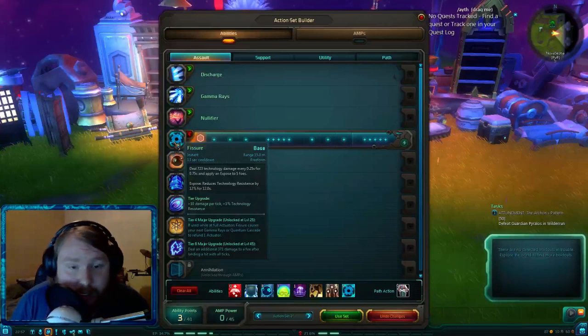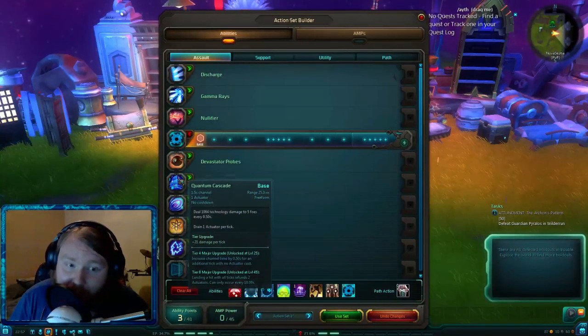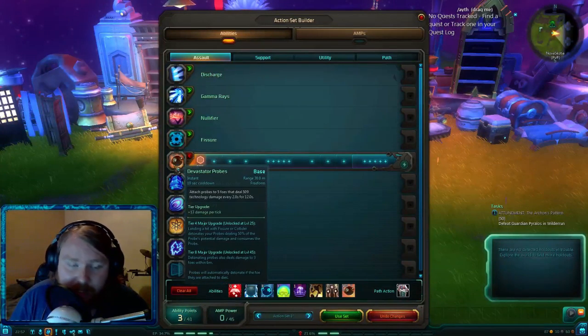It is 3 ticks. That's not worth taking the tier 8, but the tier 4 is definitely worth it if you're taking something like Quantum Cascade. Devastator probes. Devastator probes are great. Very good tick damage. Really good. If hit with Fissure or Collider,